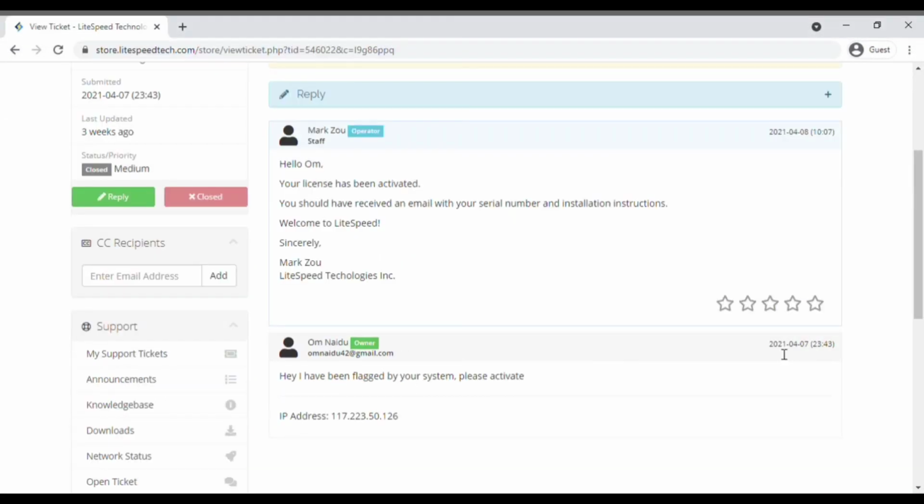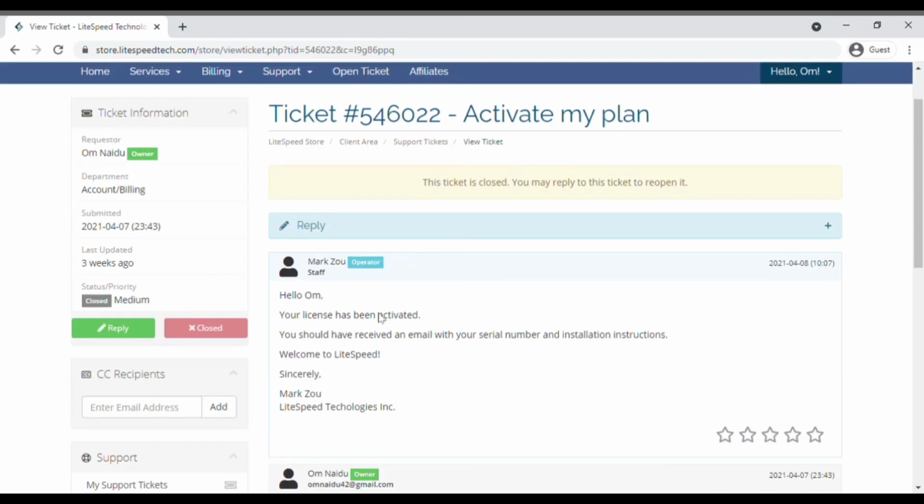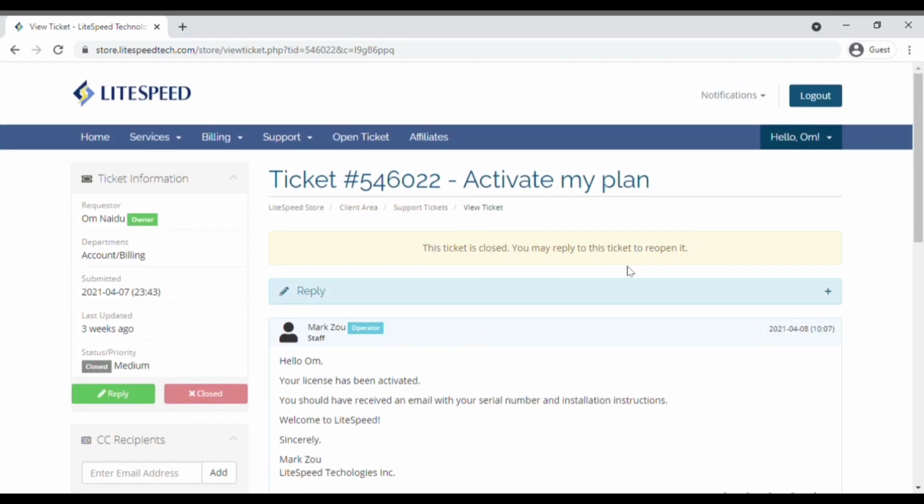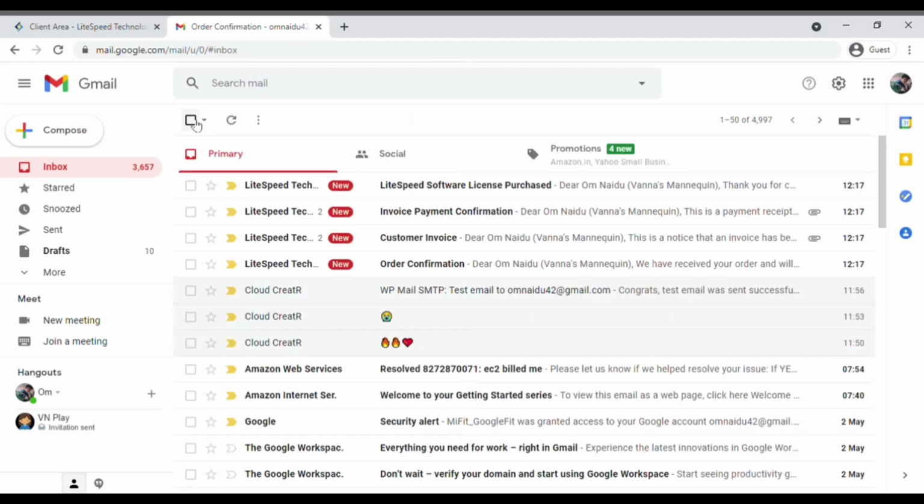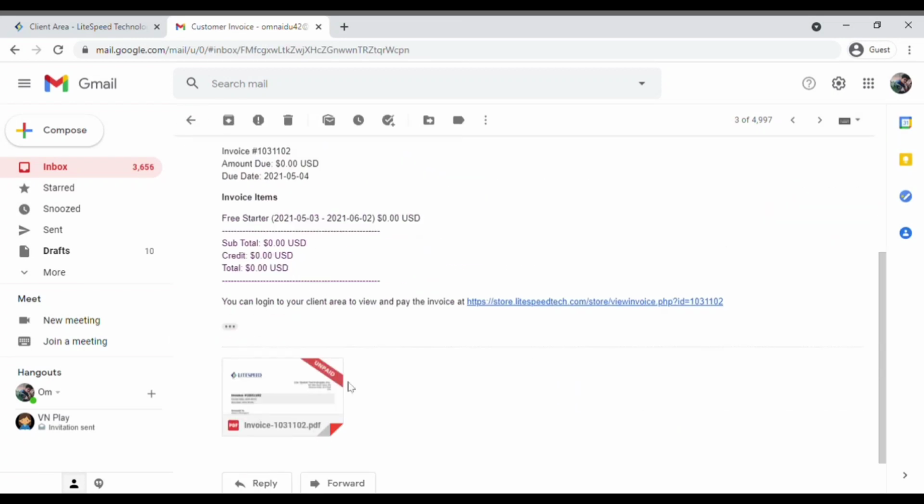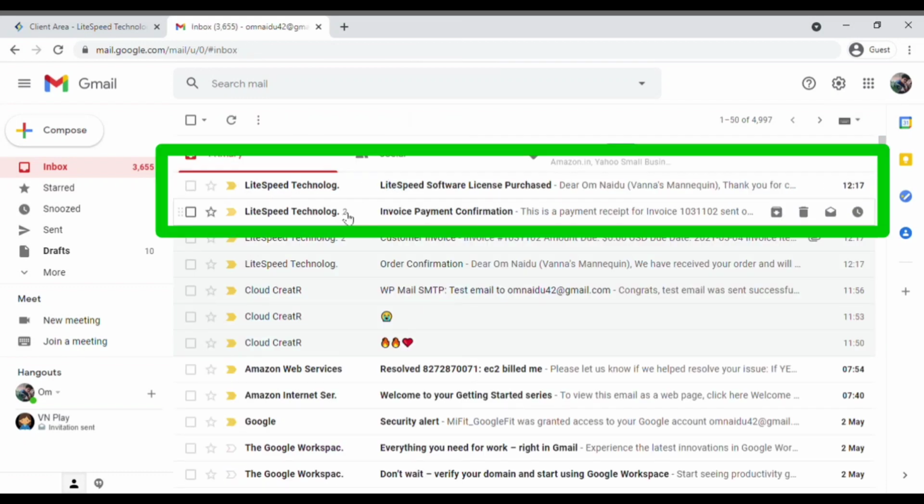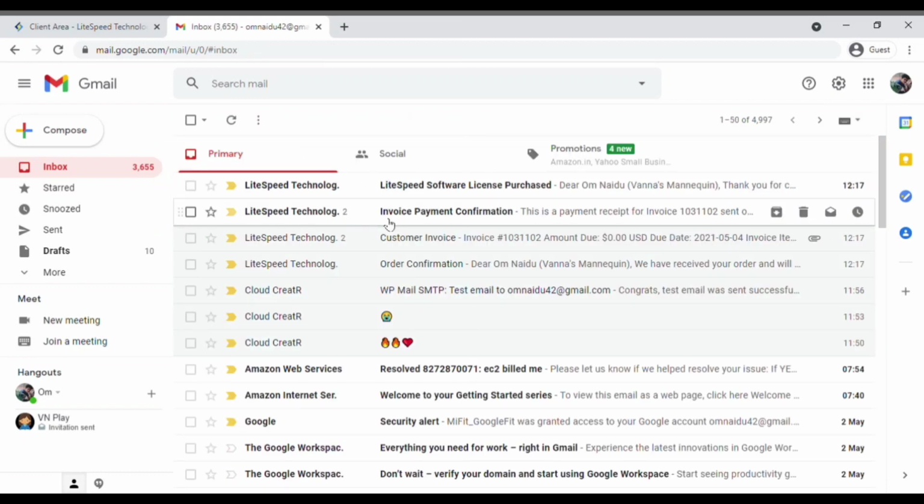Now I will show you another account. In this account I have applied the same process. I created a ticket after getting the error, and the employee replied to my ticket in 1 day and activated my plan also. After that you will receive the same emails that I have shown you, order confirmation and the unpaid email notification, your customer invoice, and after activating your plan successfully you will get 2 more emails